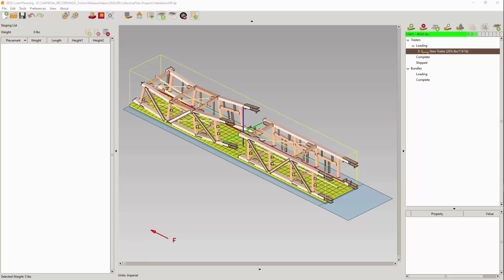We find ourselves at the closing of another spectacular year. Despite the disruptions to our lives, Fortosi continues to improve and expand. There are two major highlights in this release: rebranding and single and double drop deck, also called step deck